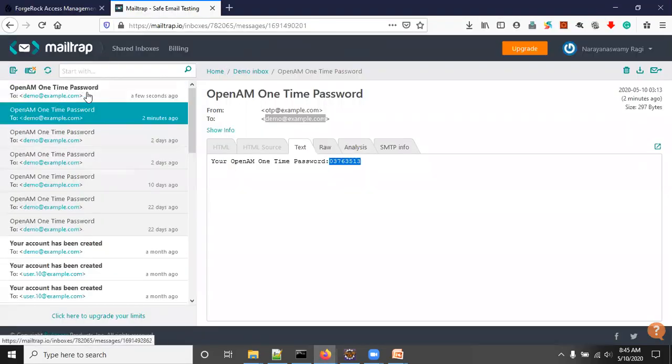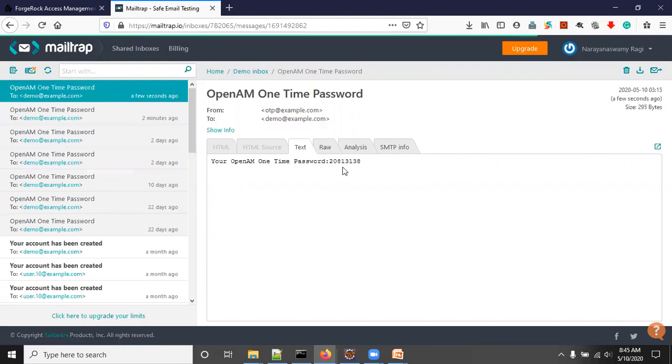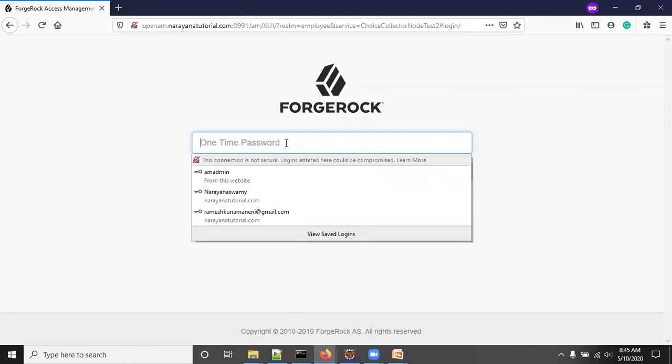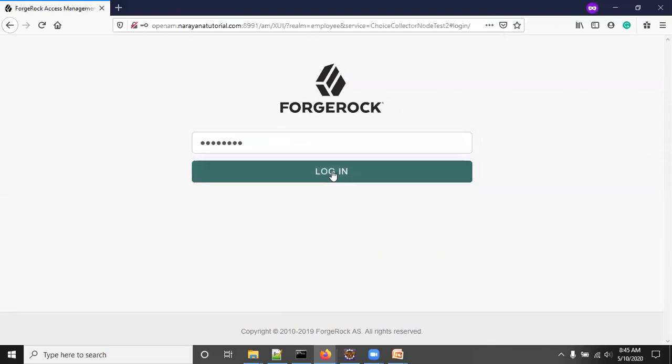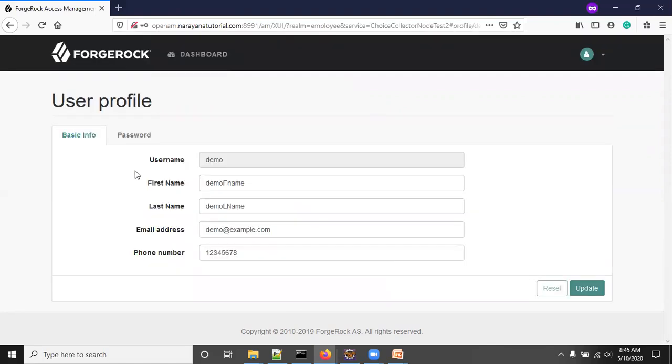Here you can see an email received. This is the OTP. Enter that OTP. Now click on login. Authentication is successful. Now we are seeing the user profile page. This is the user email address. This is the choice collector with login with OTP or password.